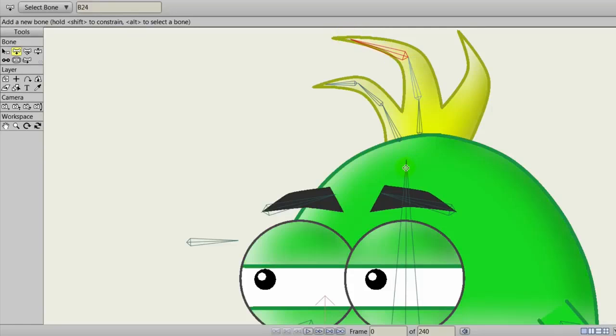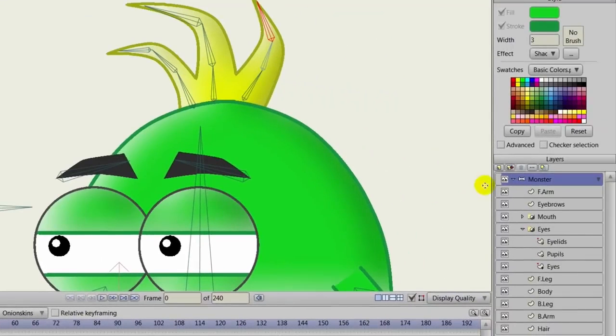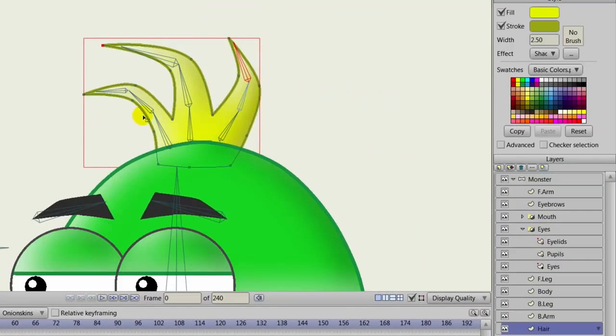Get those bones in. Alt-click and do the same for the third strand. So now we have bones for the hair. So what's this going to do for us exactly? Well, let's come down here to the hair layer. And what we can do here now is come over here,